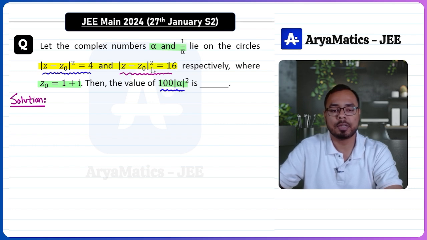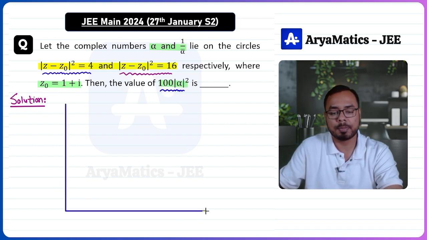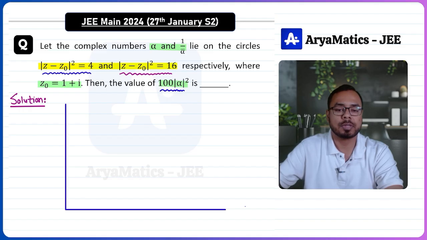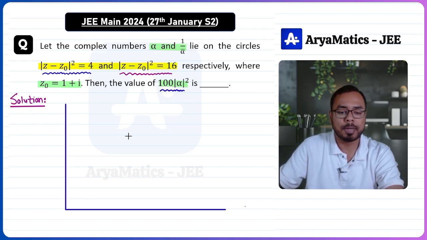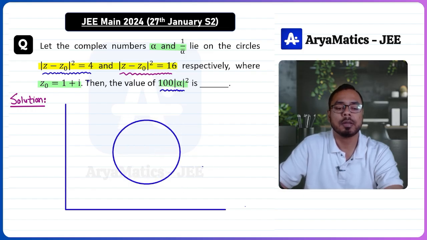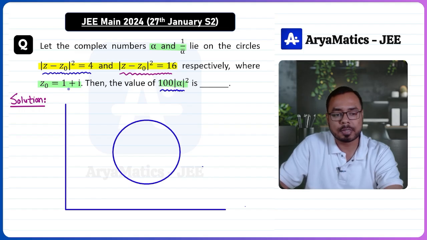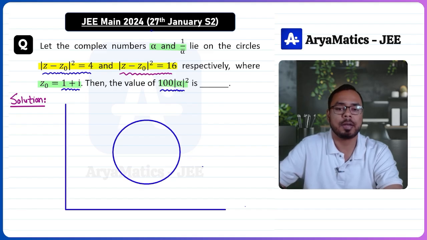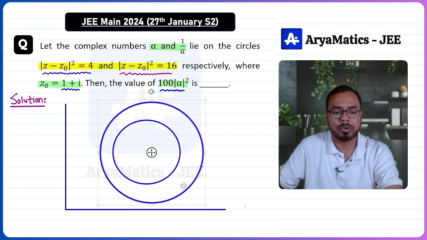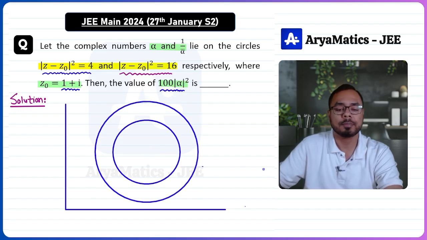So here, if you notice, for these two circles, they have same center. These two are concentric circles. So we are going to plot these two circles, and also for simplicity, I'm drawing the complete circle in first quadrant. However, the actual diagram will be a portion of the circle, may not be in first quadrant because center is at 1 plus iota, center is at 1, 1, and the radius is 4 unit. Here the radius is 2 unit. But just to explain the idea and to keep the diagram simple, I'm drawing this in first quadrant. So let us say these are the two concentric circles, and this is the center of these two circles at